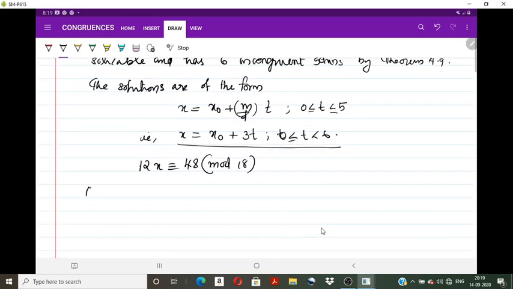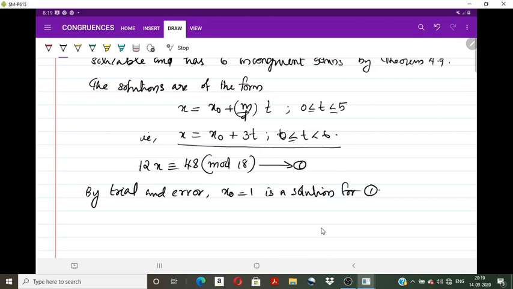So by trial and error method, we can see that x naught equal to 1 is a solution for the linear congruence. Therefore the other solutions are,